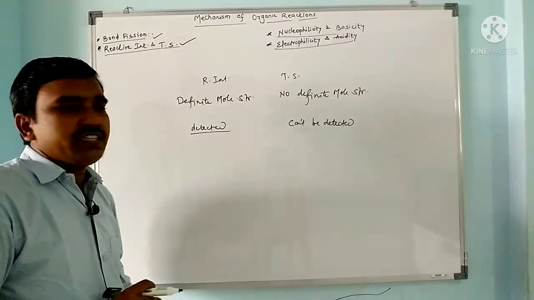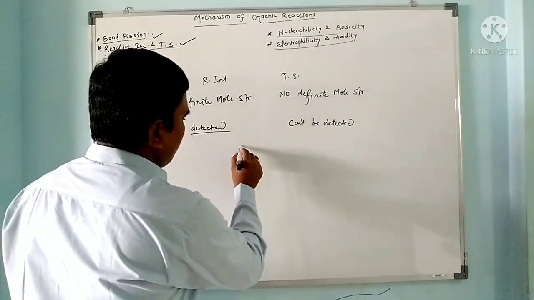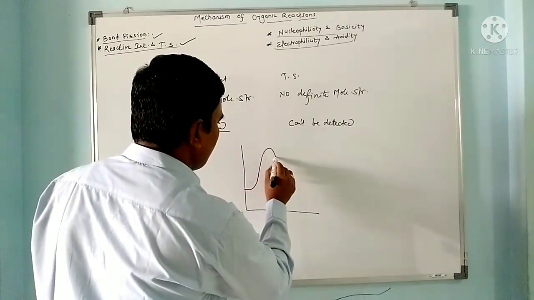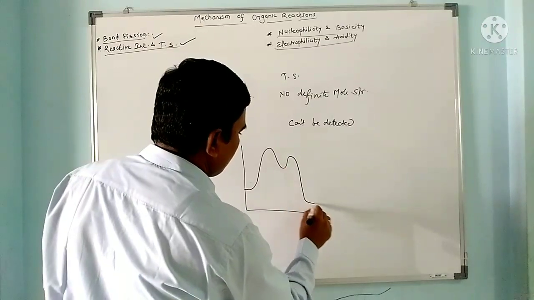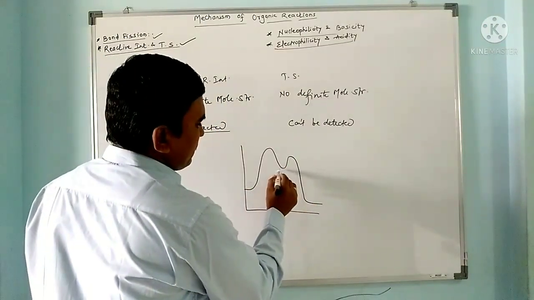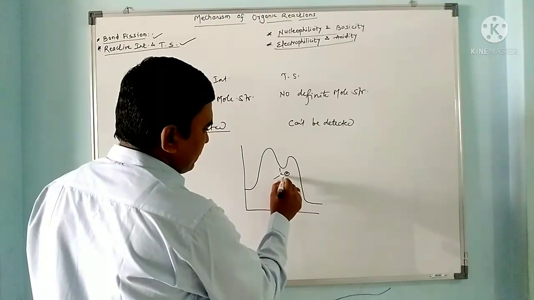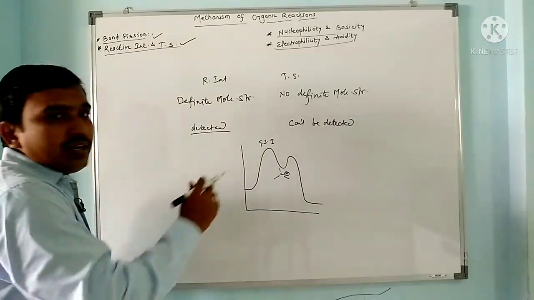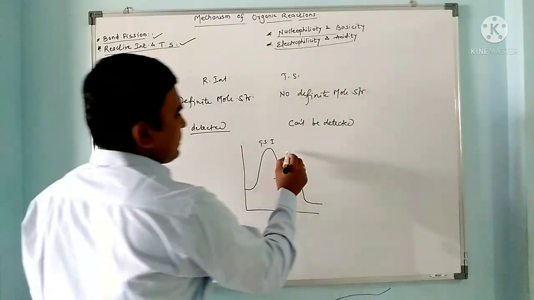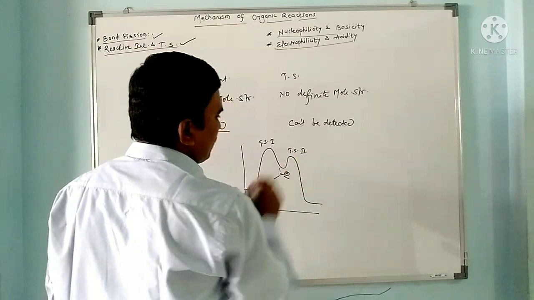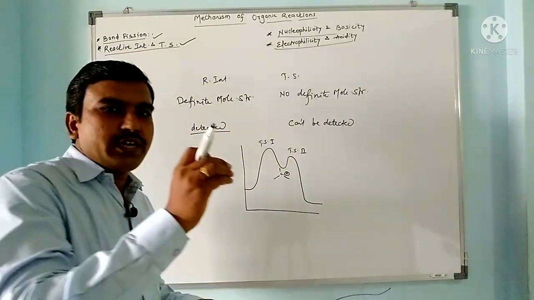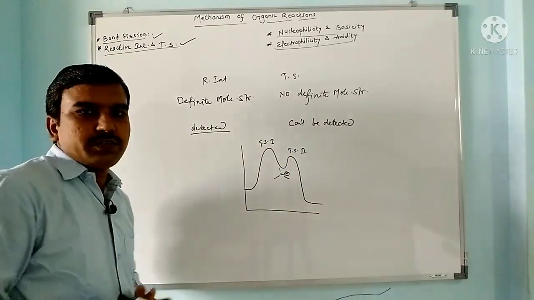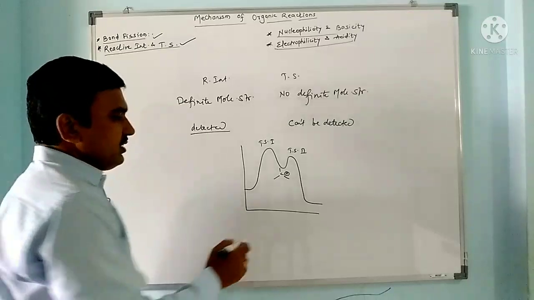If you see a simple example, the energy profile diagram of the SN1 reaction, suppose this is the reactant, this is transition state 1, this is transition state 2, and this is the product. This is the stage where the carbocation is generated, the reactive intermediate. Transition state 1 is obtained due to the departure of halogen from the tertiary carbon, and transition state 2 is obtained by the combination of the nucleophile from either side of the carbocation. This is the simple difference between reactive intermediate and transition state.